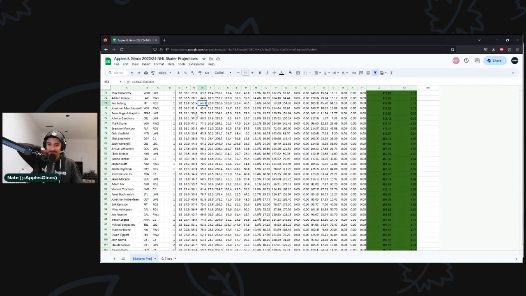Having said that, and this leads into my next point, a projection is merely a starting point. A projection should not be a be-all, end-all, where you just read down the list and take the next player by the projection on the screen. That should not be the way that you're using projections. If you are using projections in that way, then I think you're using projections wrong.